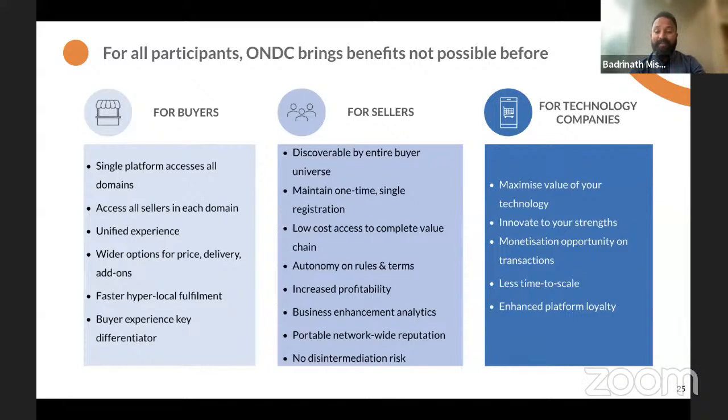With single registration, low maintenance, and decentralized value chain, definitely your profitability will be increased. And if you yourself are a seller application or you are coming through any seller application, they provide you with a lot of business analytics, which helps you to price and position your products better so that seller applications also get some benefit out of it.